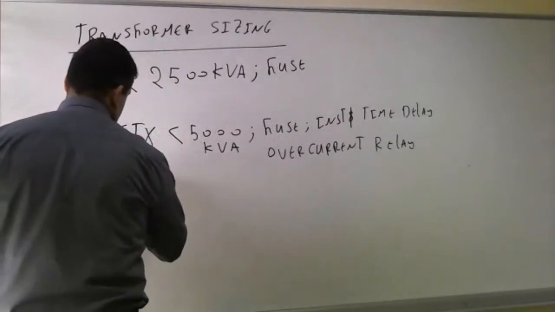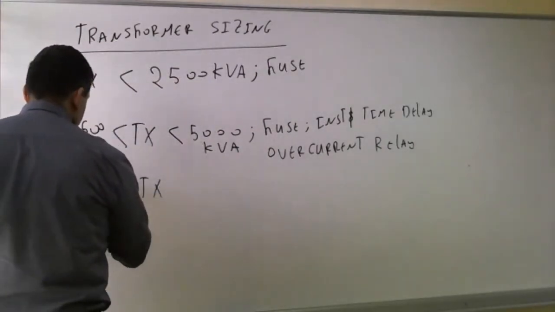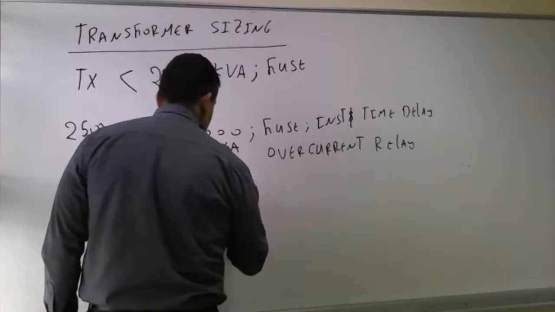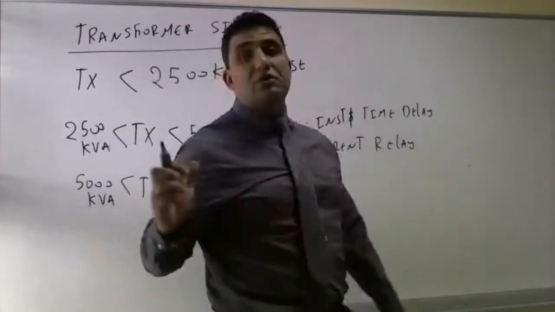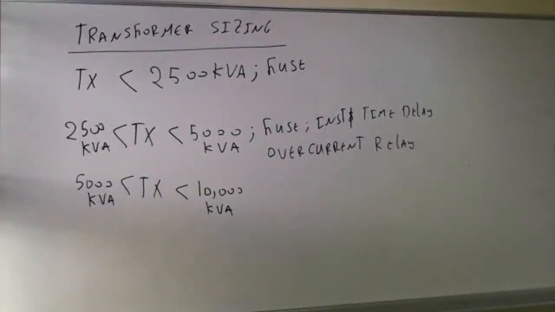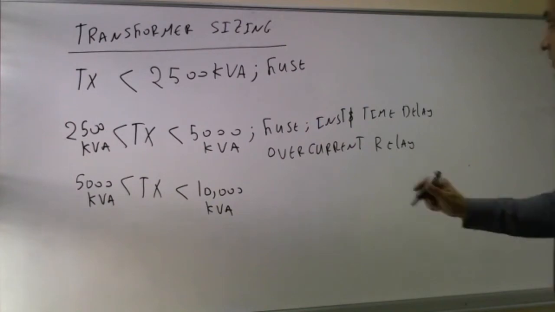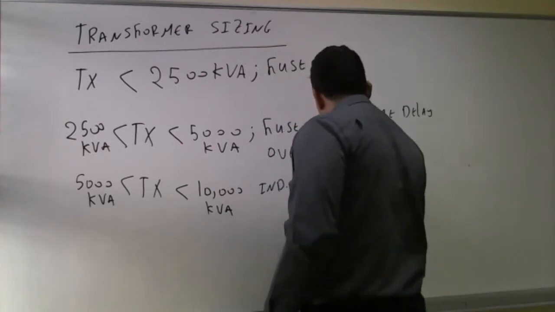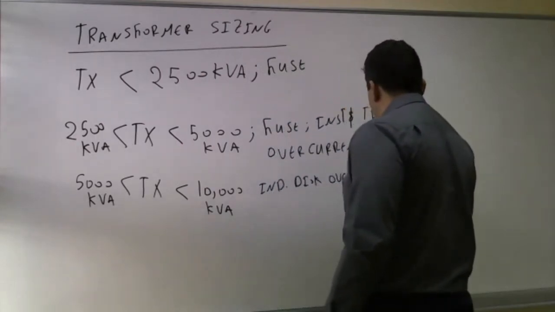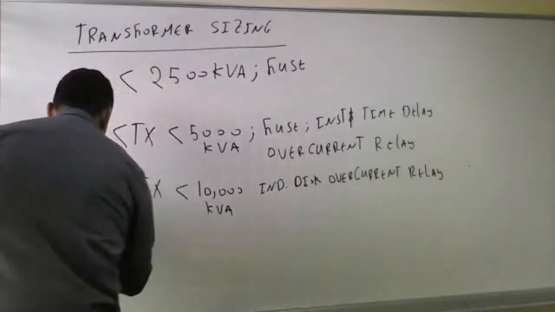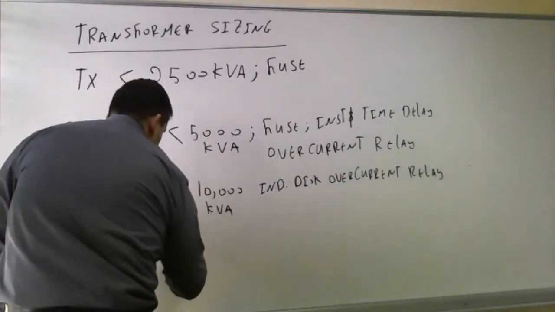Or if the transformer size is between 5000 kVA and 10,000 kVA, in this condition, we'll use an induction disk overcurrent relay. It's called induction disk overcurrent relay under this condition. So in here, we'll use induction disk overcurrent relay. If you have the transformer capacity bigger than 10 MVA,